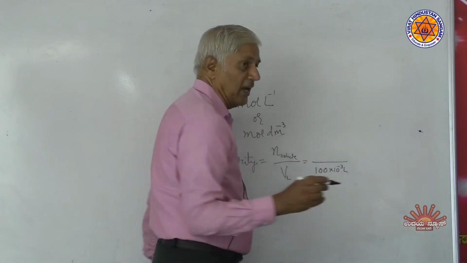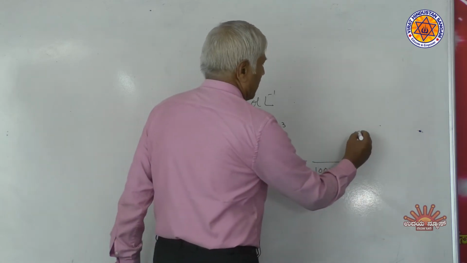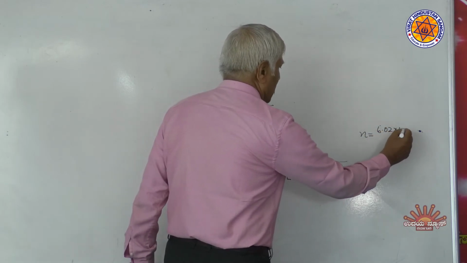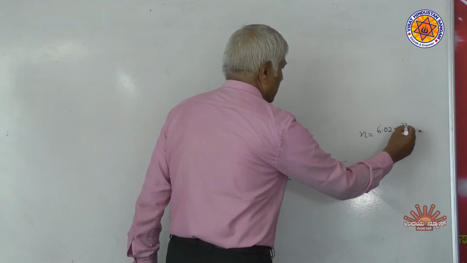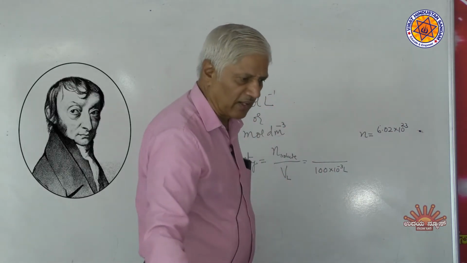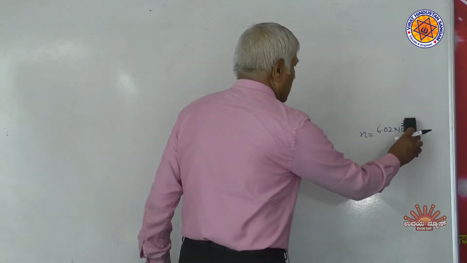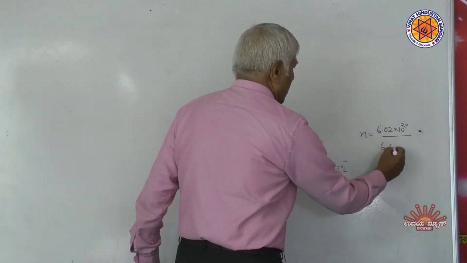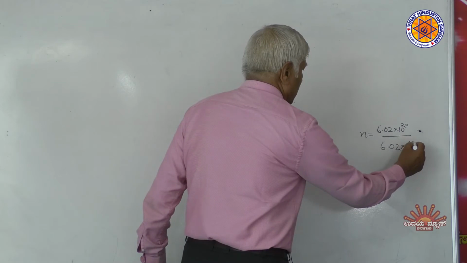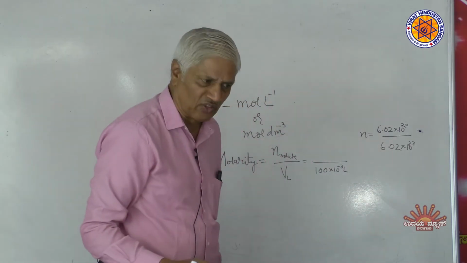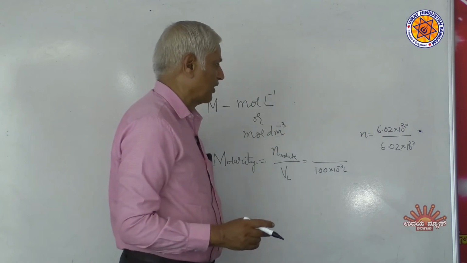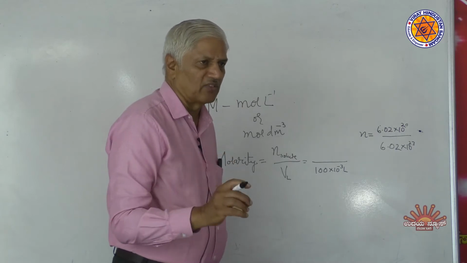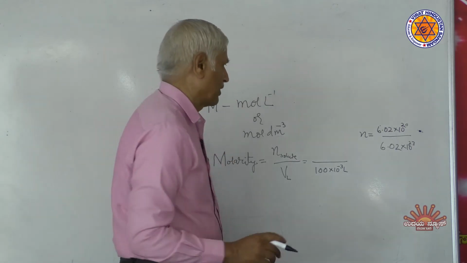Number of moles, but we have given number of molecules. When number of molecules are given, divided by Avogadro number, it becomes moles. What are the number of molecules given in the problem? 6.02 into 10 to the power of 20. Divided by Avogadro number, it becomes moles. If you are not aware of this formula, better to write this also. When number of molecules are given, this is how to convert it into moles. Remember like this: when the number is given, you have to divide by the number, meaning Avogadro number.